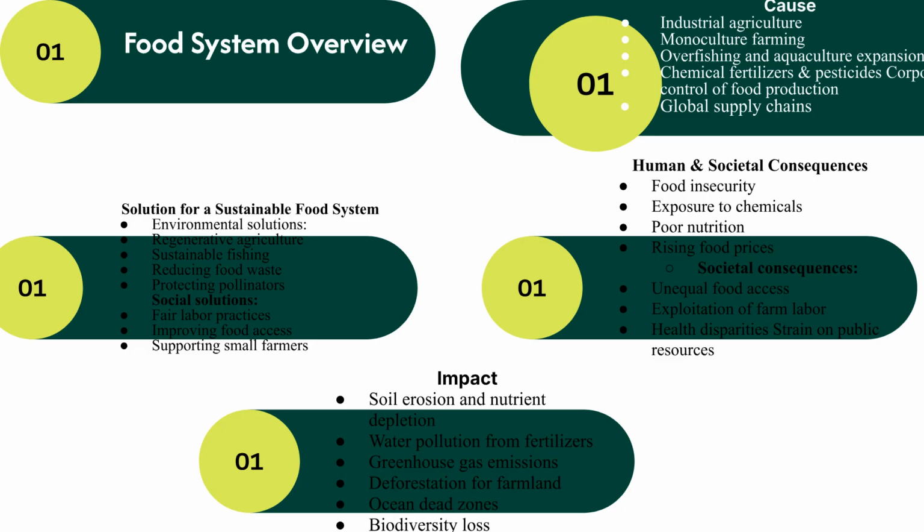Food system overview. The food system is shaped by industrial agriculture, monoculture farming, overfishing, chemical fertilizers, pesticides, and global supply chains. These practices damage soil, water, air, and biodiversity. As a result, people experience food insecurity, chemical exposure, rising food prices, unequal access, and labor exploitation. We can improve the system through regenerative agriculture, sustainable fishing, reducing waste, protecting pollinators, fair labor practices, and expanding food